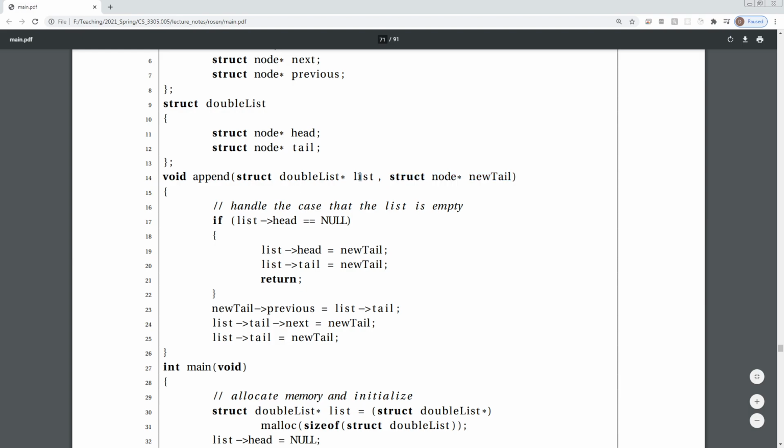So we take in a list, we look at the head. If the head is null, then the list is empty. So we're appending, we're doing a little more than appending in this case. We're actually creating the new head. So if it's equal to null, then the head is this new tail, and the tail is also the tail. In every other case, if there's already a list and we're just looking to add something to the end of the list,